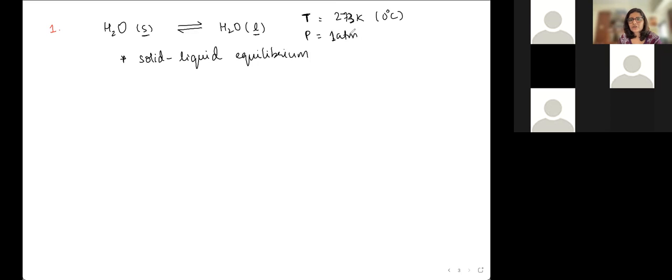So as long as I maintain temperature at 0 degrees Celsius, pressure at 1 atmosphere, whatever ice is there melts into water, whatever water is there freezes into ice, and this is the equilibrium that's established. One thing, because we just started this chapter, I need you guys to observe carefully is the symbol